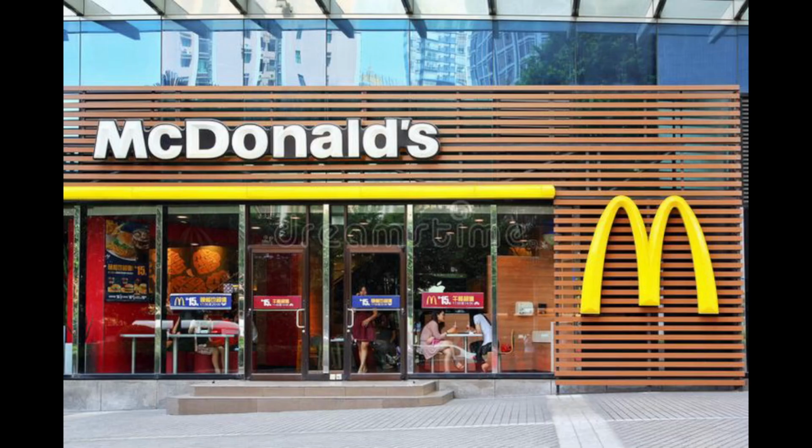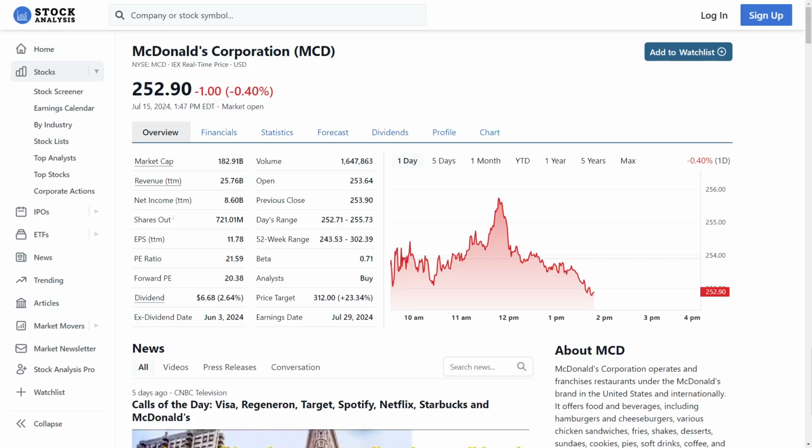Today we're going to talk about McDonald's stock and how much 100 shares will pay you in dividend income. So, looking at the data for the stock on stockanalysis.com, definitely go check out their website. They provide a lot of really good data that you can use to analyze stocks. But we're not going to go real in depth with valuing the stock. I just want to briefly look at the numbers and calculate how much 100 shares will pay you